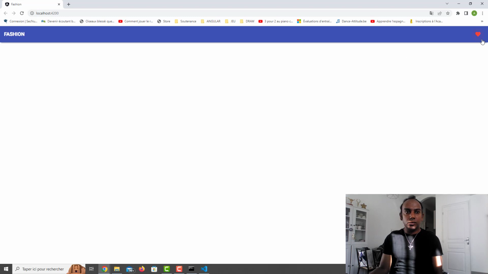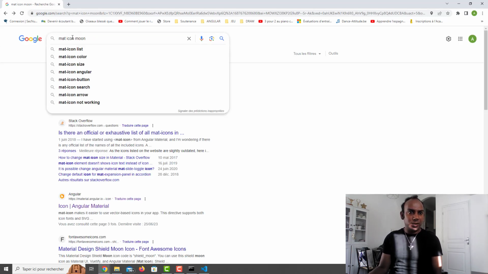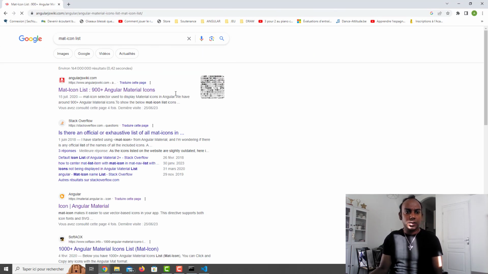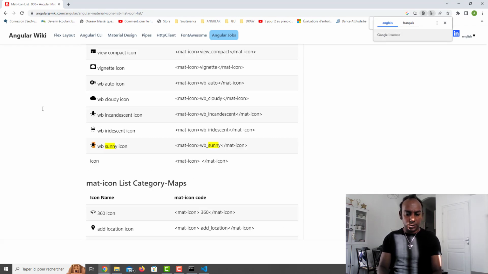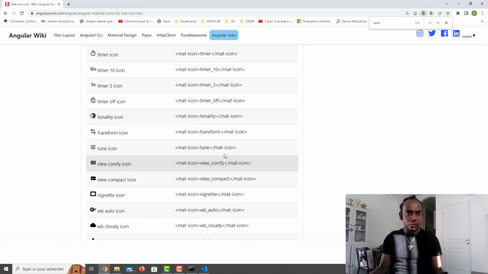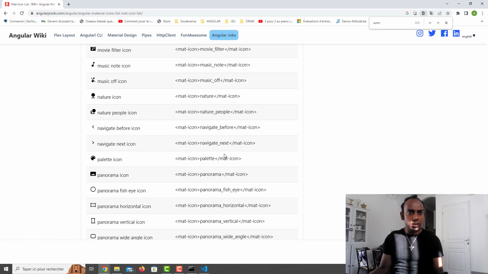We need something to switch to the dark mode and light mode. So what I recommend is to use an icon. So we will do that. I'm going to put mat icon, and we can see a mat icon list to have a list of the icons that we have. I'm searching for sunny, so we can do here, and we can see that is the one that we can use. Also for the moon, we can search for something circle